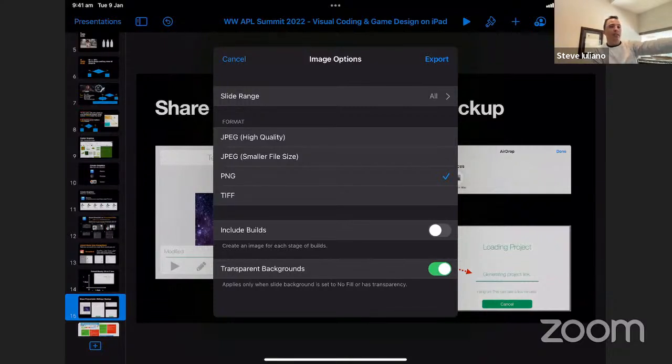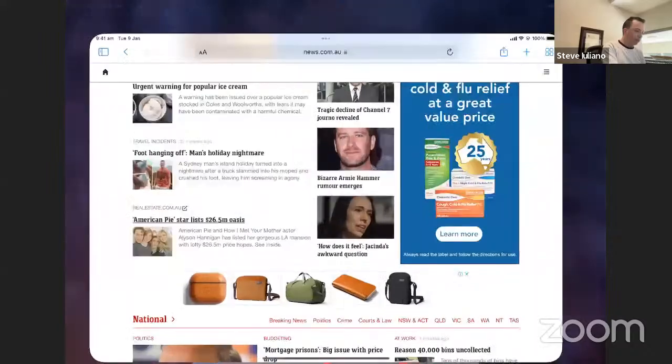It's got PNG and there's a tick there. PNG allows for transparent backgrounds. When you're saving images from Safari, they also need to be transparent backgrounds. Okay, so if we go to Safari, for example, and just go to Google here, and we're just saving an